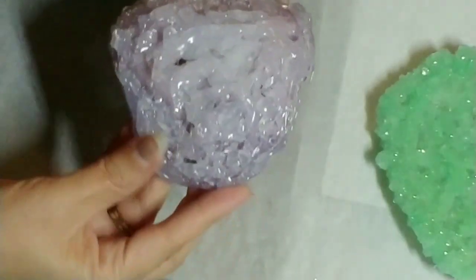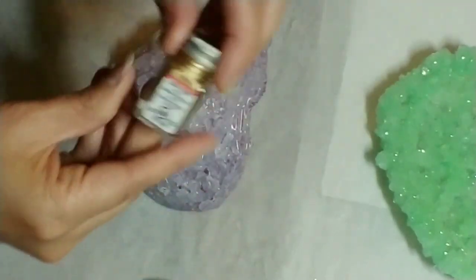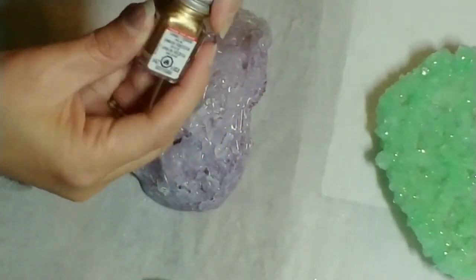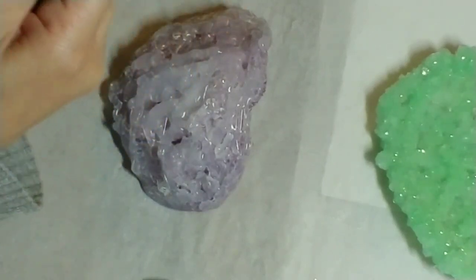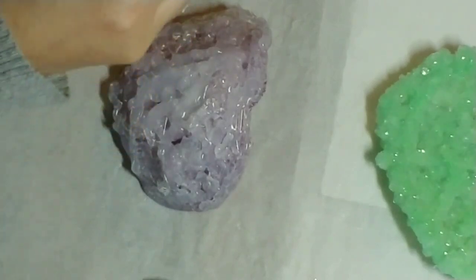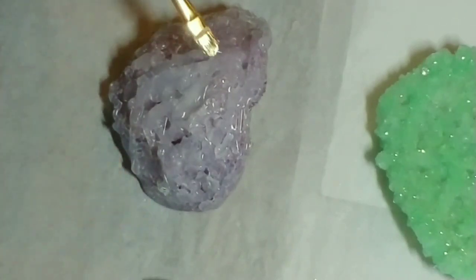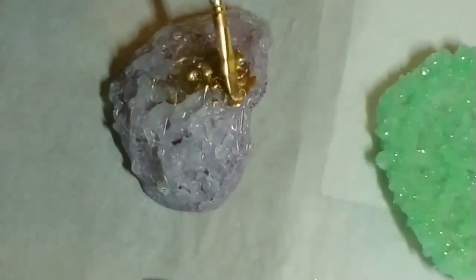Okay, so the glue has now dried and it's time to paint it. So I'm going to be using Tester's Gold. It's one of my favorites. Give it a good shake again. And I have brushes that I specifically use for these paints. These are enamel paints. Oh, there's a bug flying around in here. And then we just